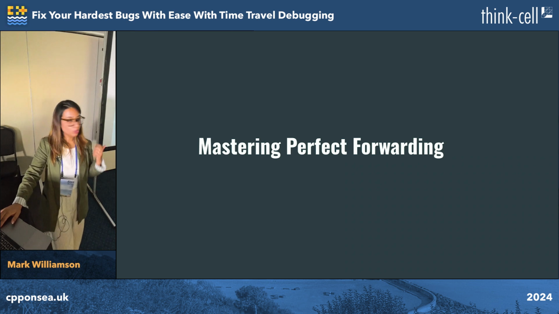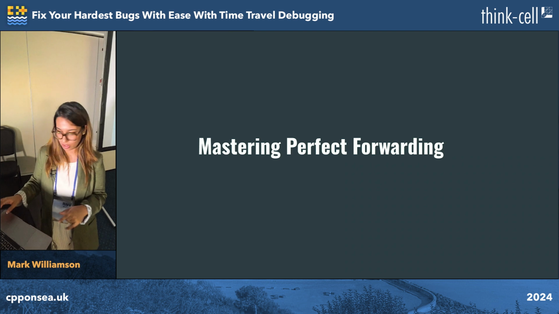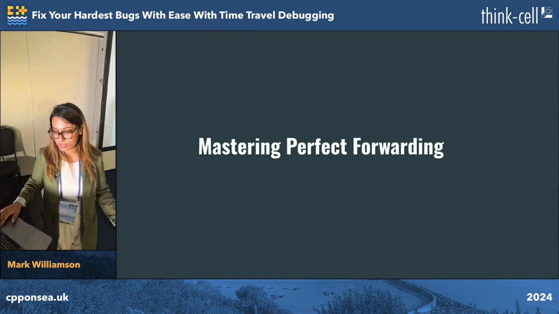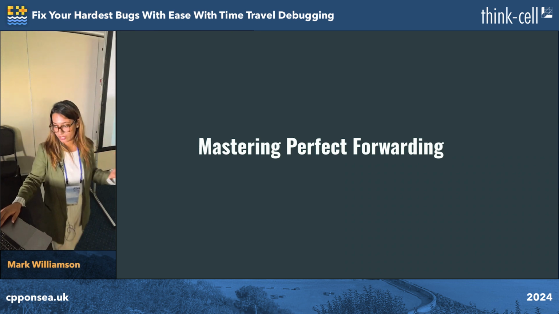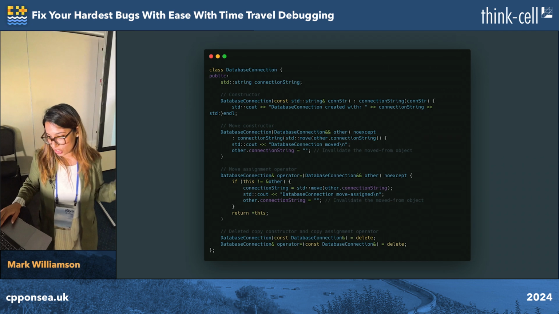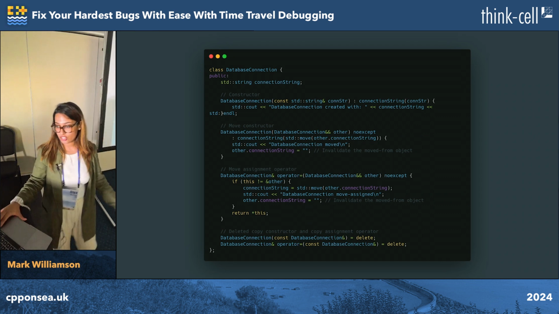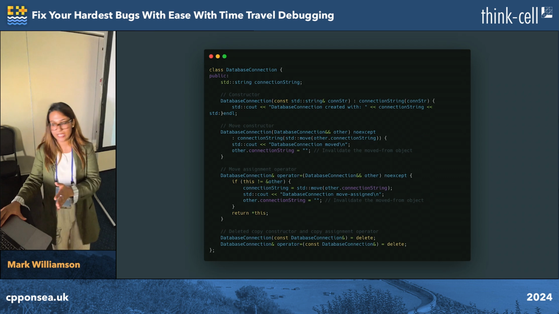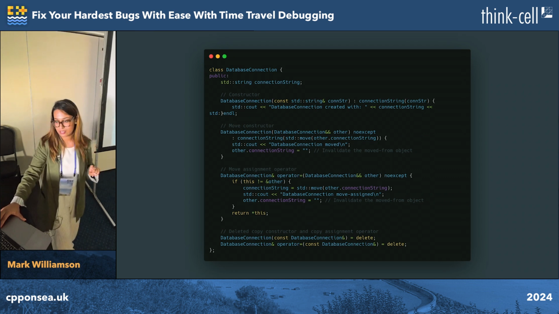You will see in my example that the move constructors and the move assignment operators are crucial whenever you want effective resource management. Now, if I want to do the transfer, it works in a similar way here. Let's say I have this database connection class. I have the move constructor, which will efficiently transfer the connection string from one source object to another, leaving the resource in a valid but unspecified state.